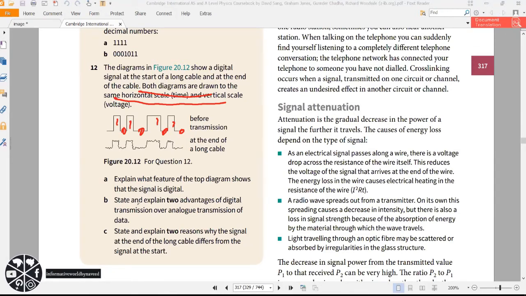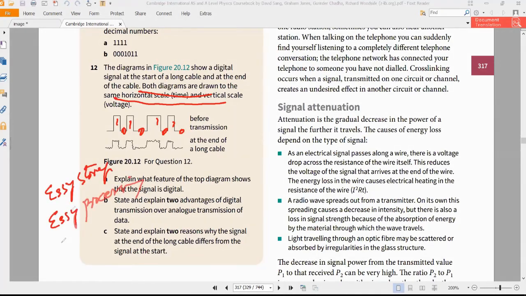Last time I discussed what the advantage of a digital number is. So a digital number means easy storage. Okay, you write for this: easy storage and easy processing. And in digital transmission, if your signal is digital, then you can easily find the error, or you can say that you can easily filter out the error.